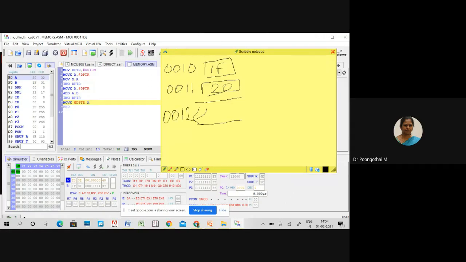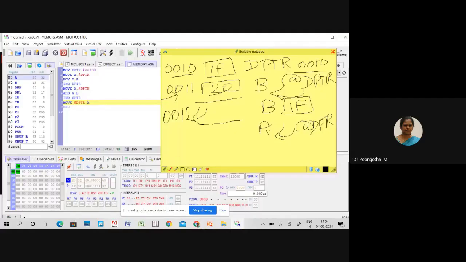For that, first I have to load this address in DPTR, 0010, and use MOVX A, comma @DPTR. So your accumulator holds 20.